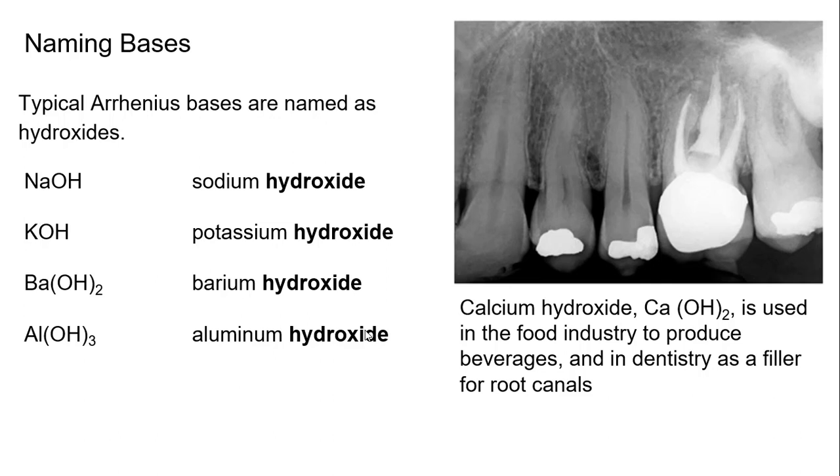Typical Arrhenius bases are sodium hydroxide, potassium hydroxide, barium hydroxide, and aluminum hydroxide. So here's some, and you can see that 3 of these are from group 1 or group 2 metals, and the third one is from group 3. Calcium hydroxide, you can see here, is used in the food industry to produce beverages and in dentistry as filler